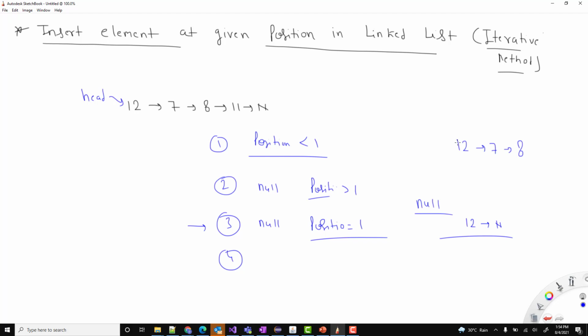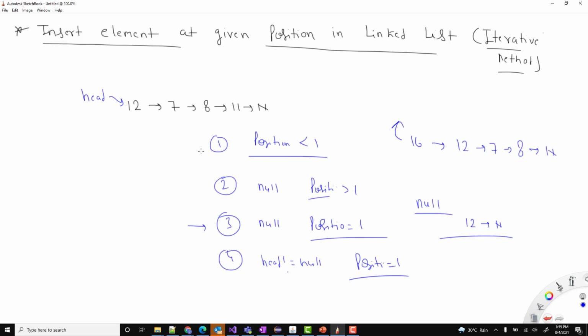So if my head is not null and my position is 1, in this case I will just add the element here at the starting and then return it, to our solution which has called this, right? So this is the next case.